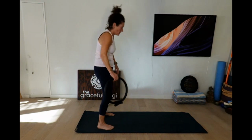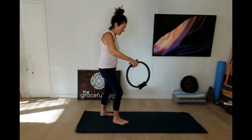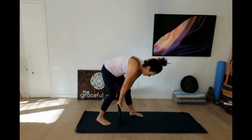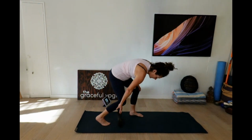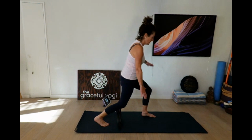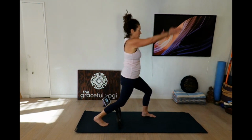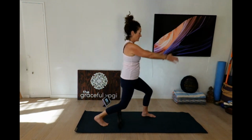And come on up, rolling up. All right, I'm going to start on the right side with the ring below my right knee. We're in the lunge. And the first one is the easier of the two, in my opinion. Left leg forward. And when we reach our arms up, and then bring them down and